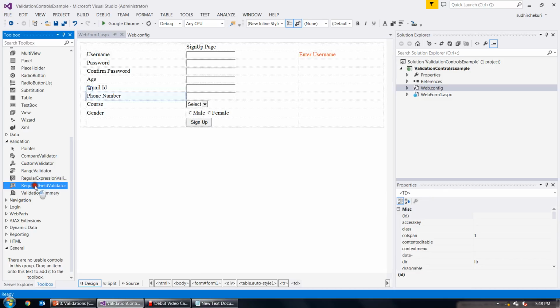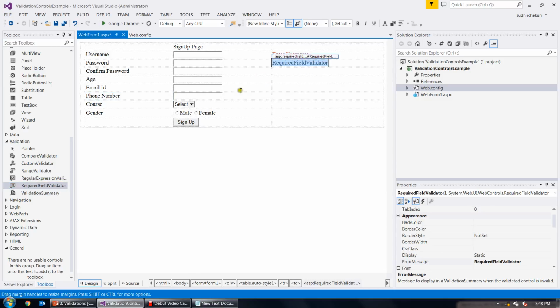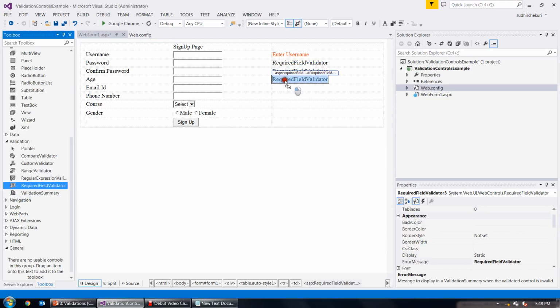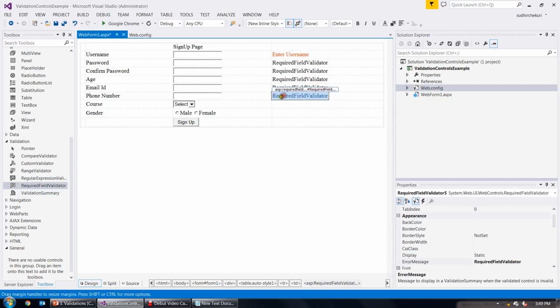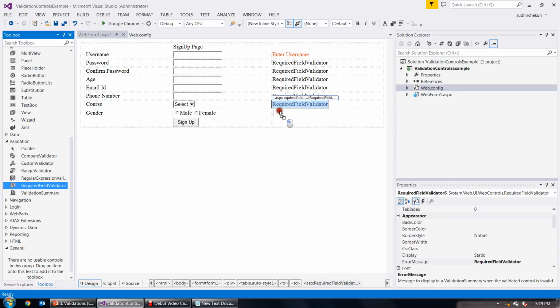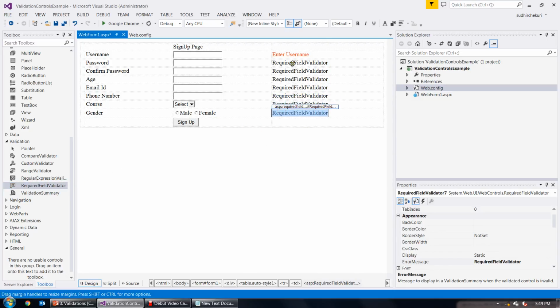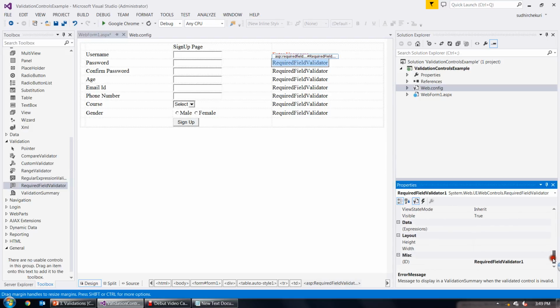So what I'll do is, I'll add this required field validator to all the controls, because no control should be empty. Everything is required. So every control value is required, so I'm going to add a required field validator for all the fields, and I'm going to change its ID as RFV